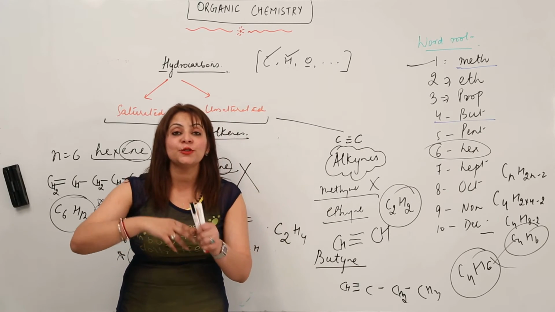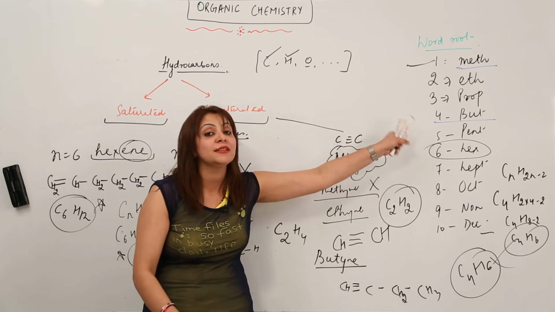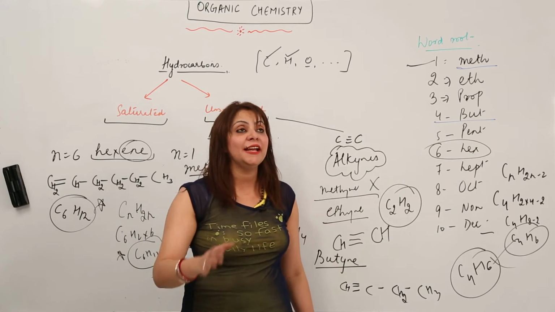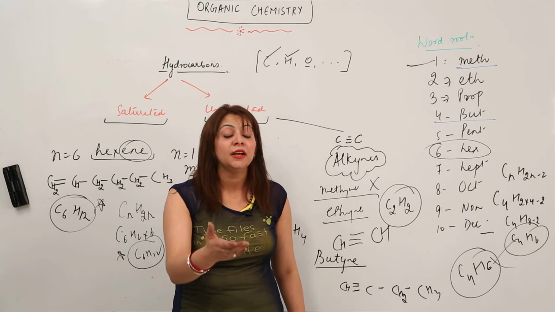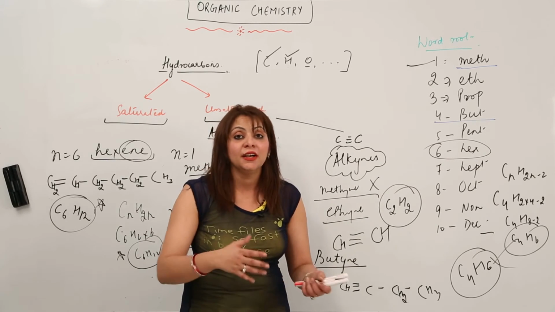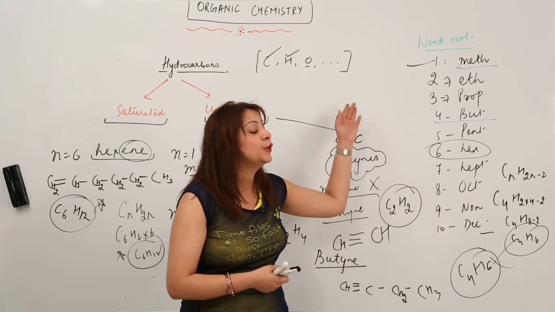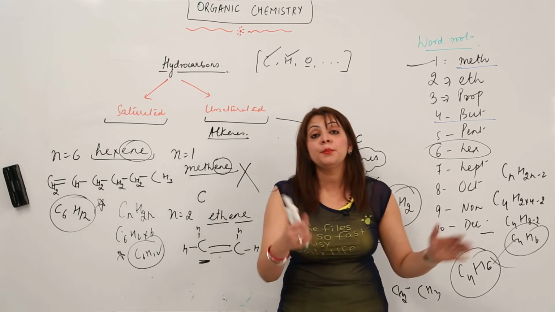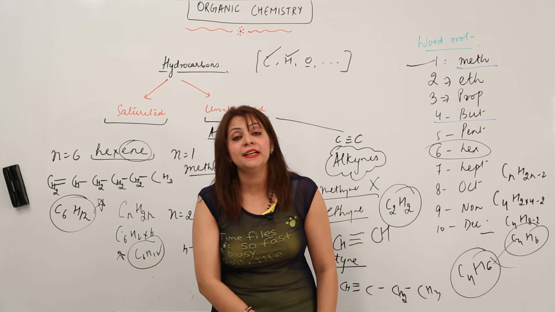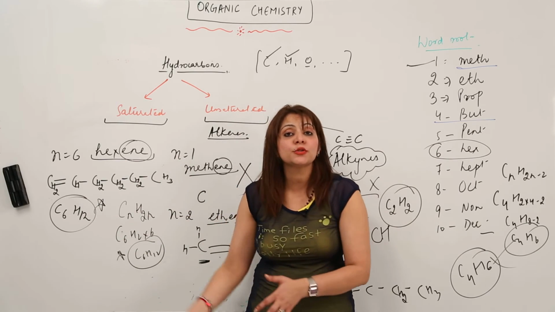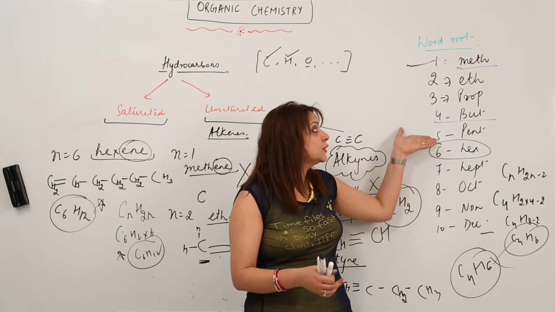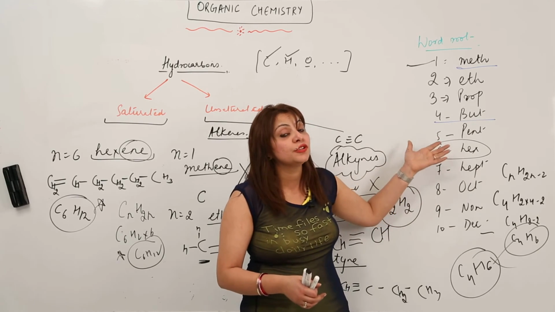Just take into consideration the word root. Don't forget the word root. This is the basic tool. If you do not remember the basic tools, like if somebody asks you to prepare the member heptane, if you don't know that hep means 7, obviously your formula is going to be incorrect. So just keep in mind the word root. It forms an important tool for making compounds, not only for alkane, alkene, alkynes, but in the further topics also, where we will take up the functional groups and whatever it is, right? So this word root serves as an important tool. So just keep it in mind.